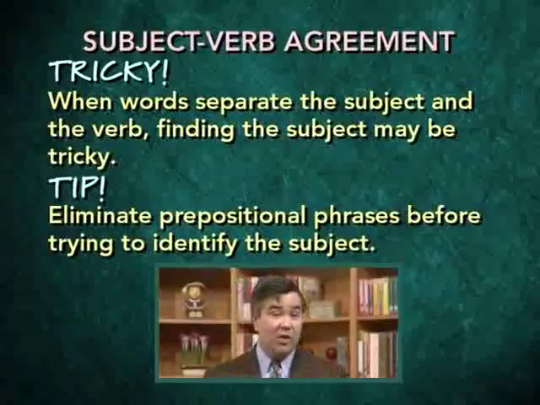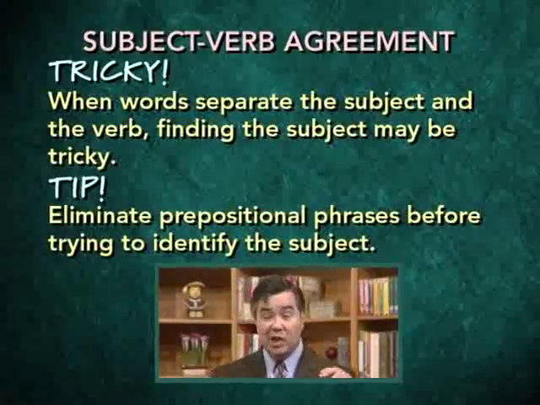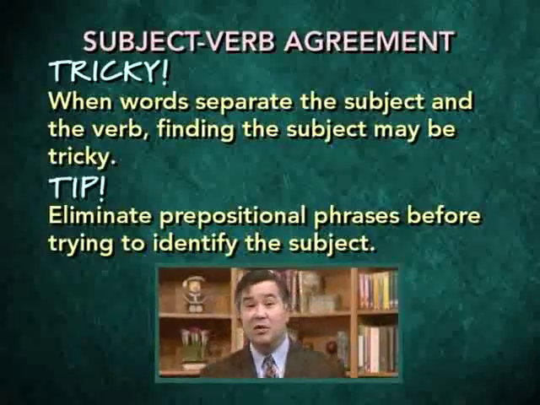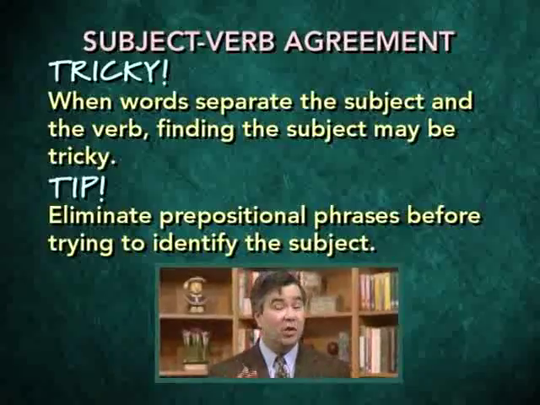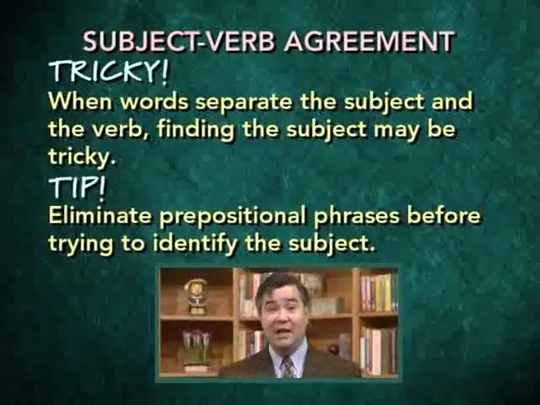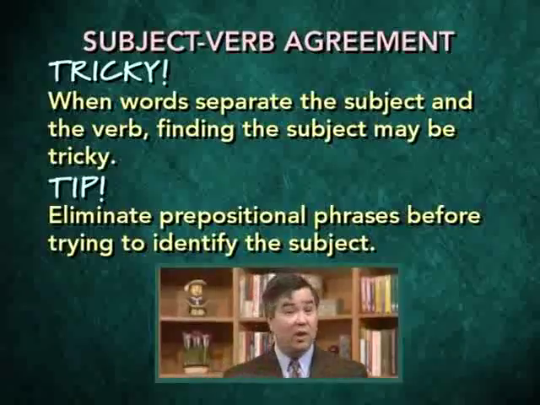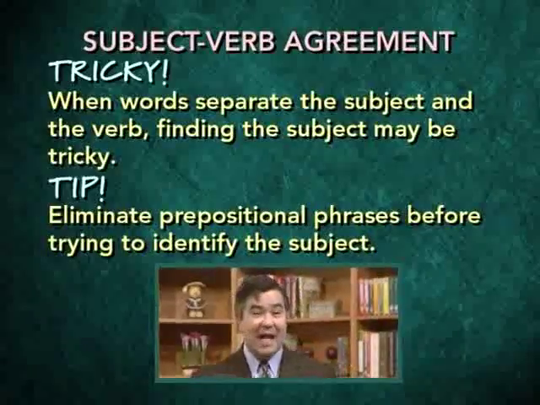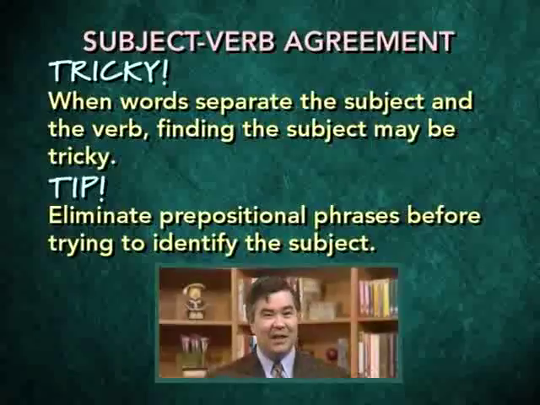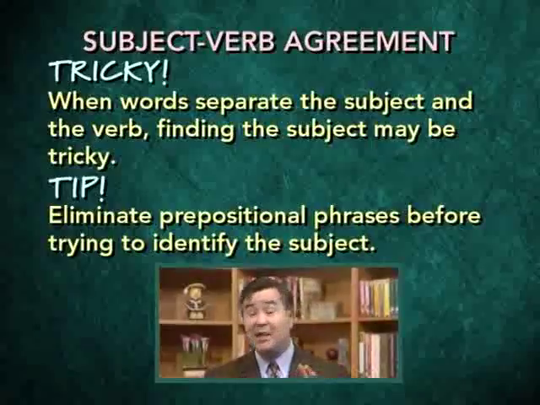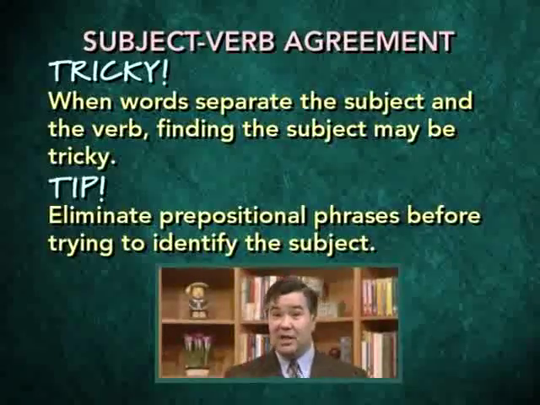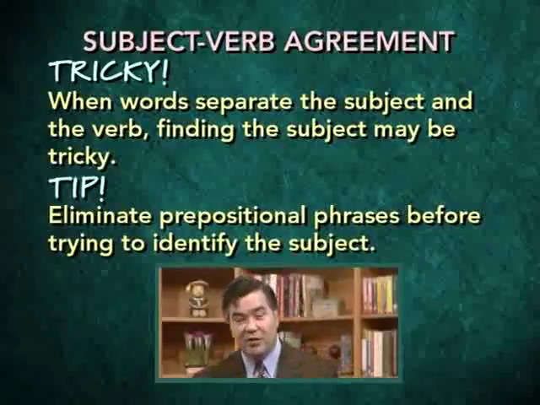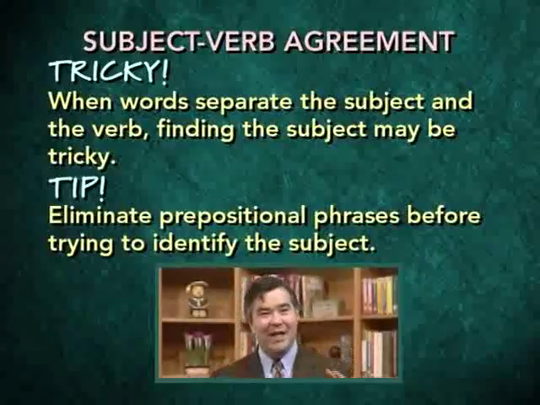And therefore, when you're looking for the subject of a sentence, in order to make sure that you've got subject-verb agreement correct, you can mentally eliminate all the prepositional phrases, all the phrases that begin with those little prepositions, words like of, in, by, for, from, to, with, and so on. Eliminate those prepositions and the words that follow them, and what remains must contain the subject. That's an easy way of eliminating all the words that might distract you from isolating the real subject and therefore confuse you as to how subject-verb agreement should work. If you can eliminate the prepositional phrases, that will help you a lot in zeroing in on the correct subject